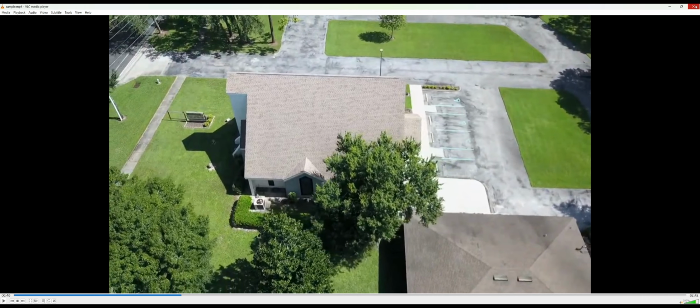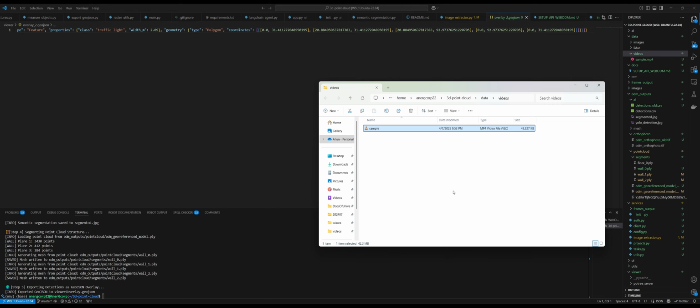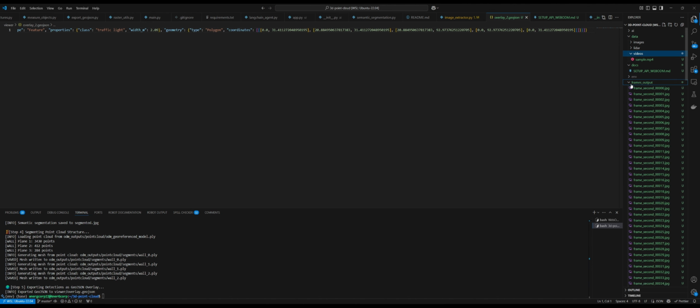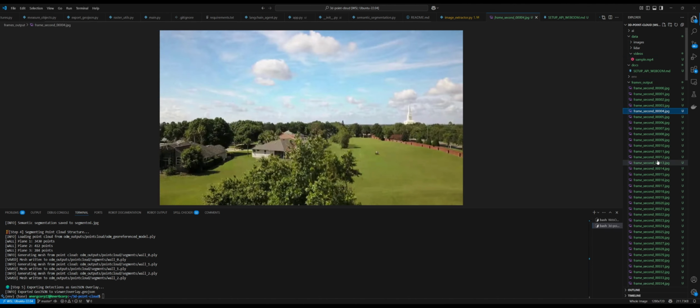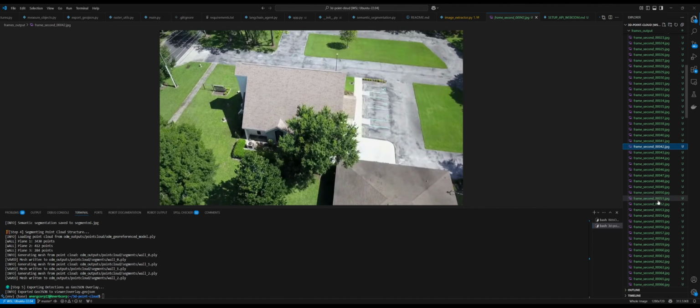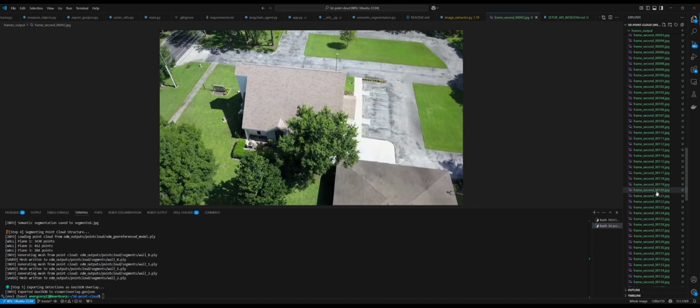So this is a video of the house that the drone takes from above. What we did is extract the frames from it first. So it is in here, as you can see, I have extracted with a certain interval,